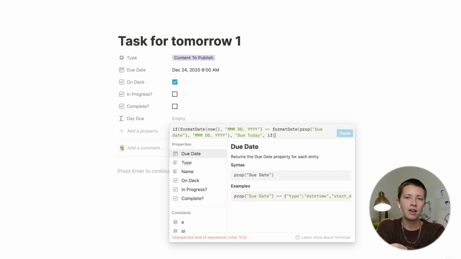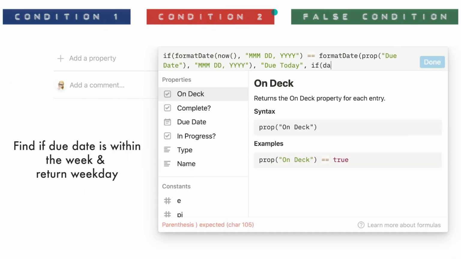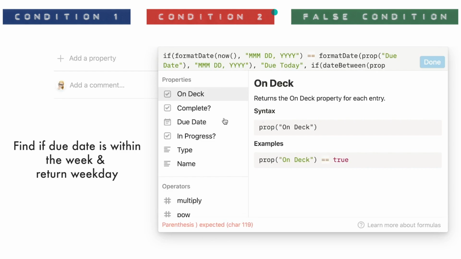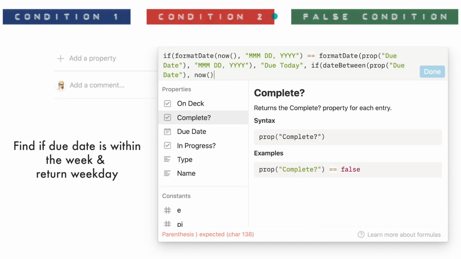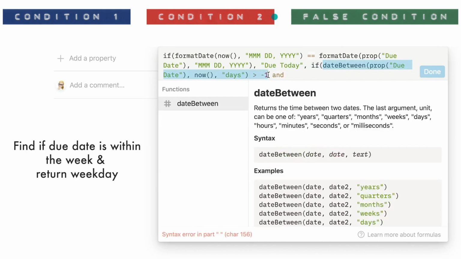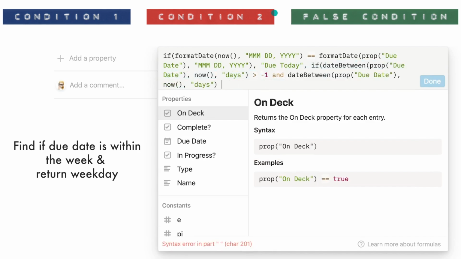Next, I want to see if a due date is within the next week, then I want it to show the weekday that it is due. So Monday, Tuesday, Wednesday, Thursday, right? So we're going to use the date between function and say if date between the due date and now in the number of days, -1, and I'm just going to copy this function again from date between, and the date between is less than 6 days, then